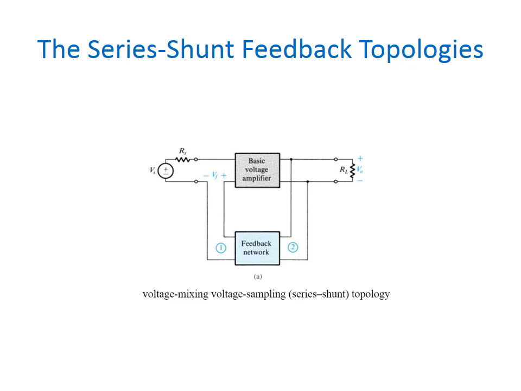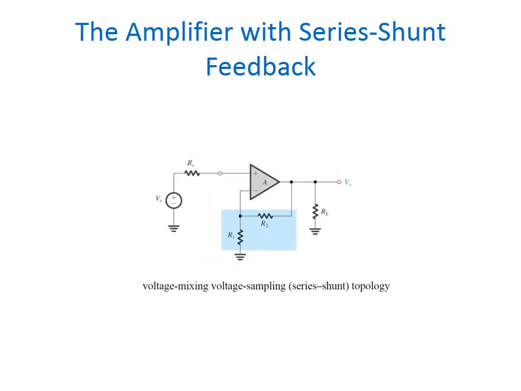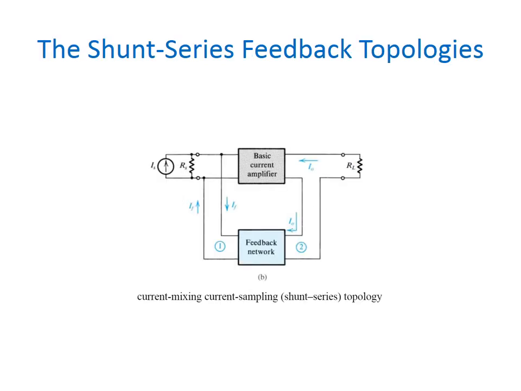So when the feedback circuit is applied in shunt through the output, then the output impedance will be reduced, and the input impedance is enlarged because of the series connection with the input. So this is the amplifier where we are going to apply the series feedback. Here the mixing will be voltage and sampling will be voltage in this topology.